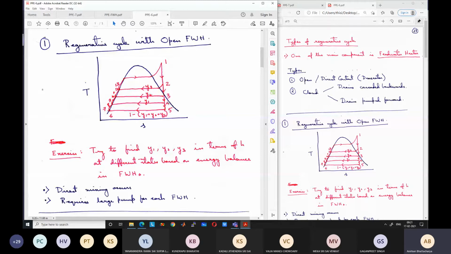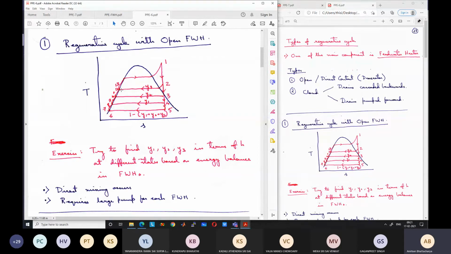So this is the first type of regenerative cycle. For all the regenerative cycles, the basic principles are the same, that we use a certain amount of steam extracted from the turbine to increase the temperature of the feed water, and we extract this steam at optimum locations. This principle is still valid for all the types, but the design of the systems is different.